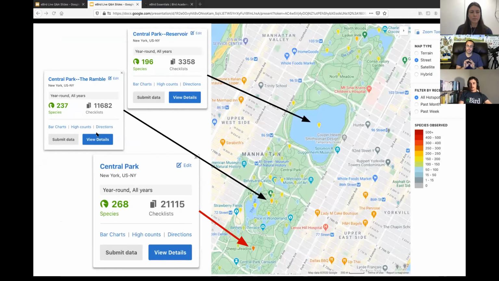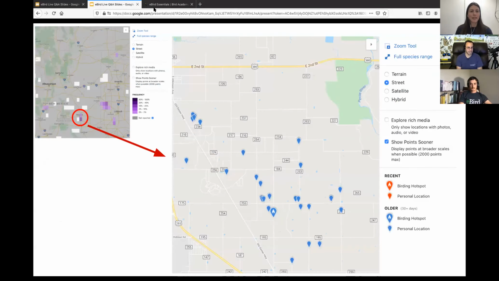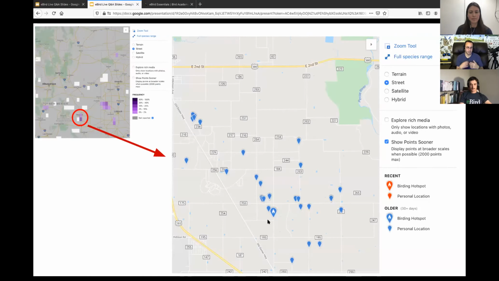They'll have a little white flame icon in them if it's a hotspot, a spot where something is seen a lot. So in this image that Jen is showing, the larger blue dot with the white flame in it, that's a birding hotspot. Usually that means that species has been reported a bunch there. Notice all of these dots are blue, except, look in the key on the right-hand side. If they are red, that means